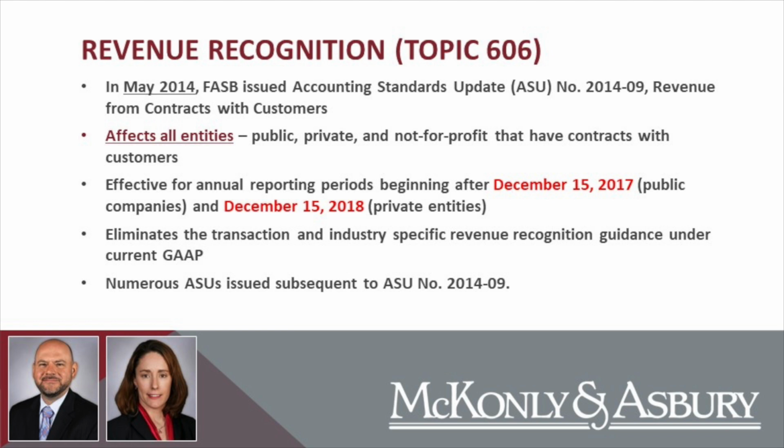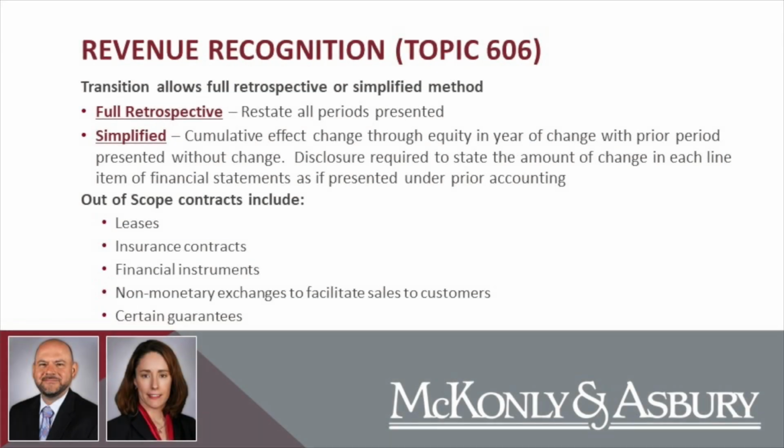So with that, we'll move on to the next slide. As I mentioned, the transition methods allow either full retrospective application or a simplified method. So as you look at these in particular, full retrospective means you actually go back and restate all the prior periods presented. So you'll restate your entire income statement and any impact on the balance sheet for all the years. And if you're a public company, all 3 years presented, and a private company, typically 2 years would be presented,